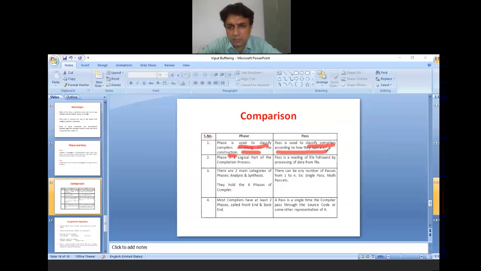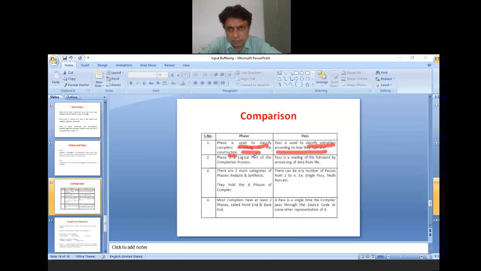As we already discussed, if it can operate in only one traversal, it is called single pass. If it can operate in two traversals, we can call it a two pass compiler, and so on. So it basically deals with how the compiler operates.